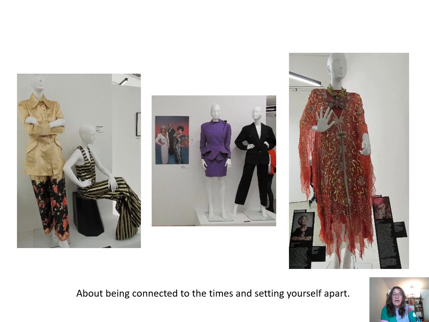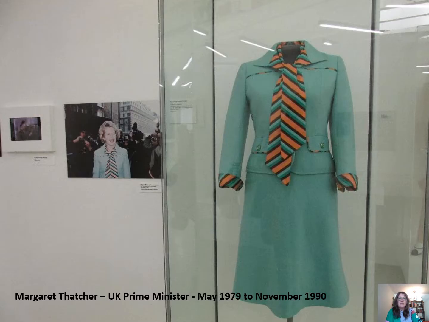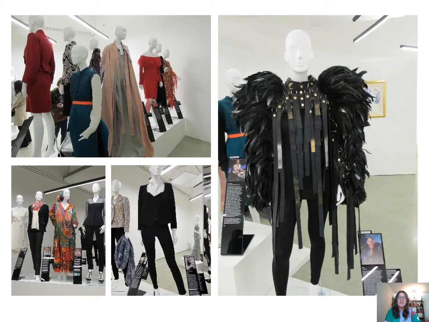And when we look at clothing within this sort of exhibition gallery space, we can become connected to certain times, and clothing then becomes about fitting yourself within a certain time and a certain place within society. It's about how clothing also becomes a reflection of ideology and power. So the clothing here of Margaret Thatcher is an interesting choice of colours and texture,